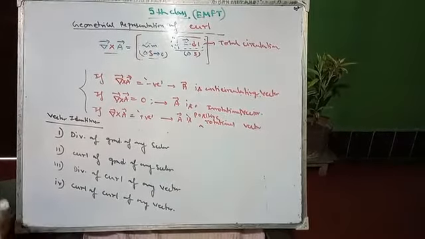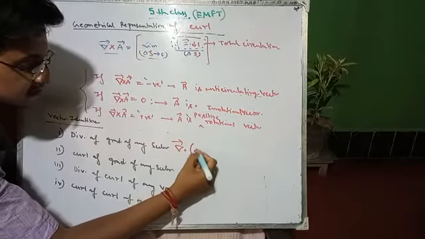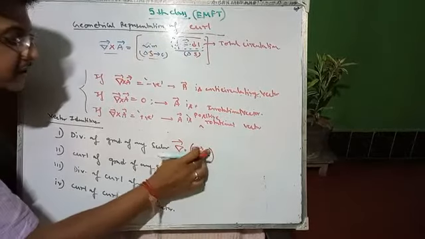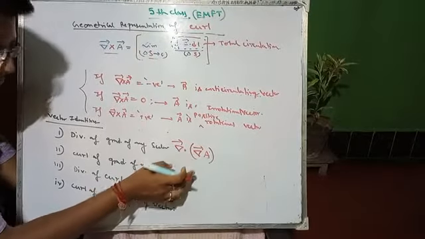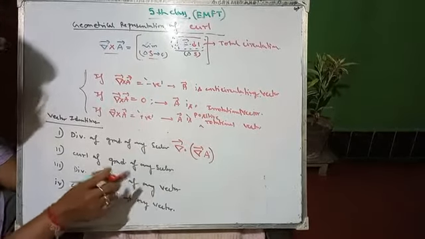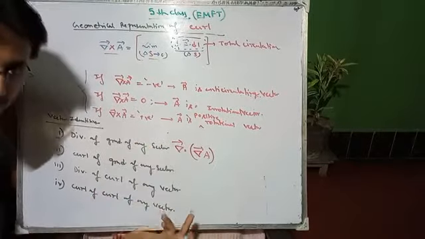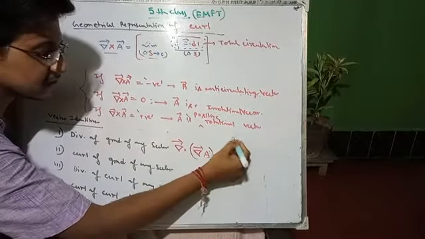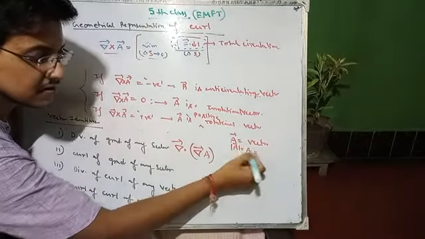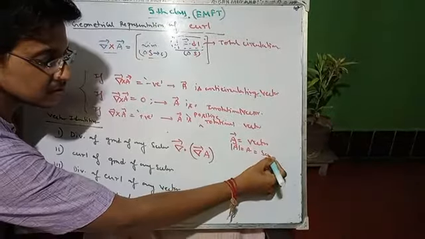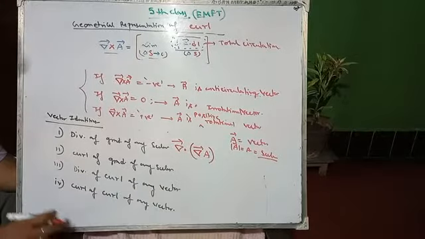Divergence of gradient means you have to find the divergence, dot product, of the gradient of, suppose, t or a; you can use whatever the first alphabet of your name is. This a is nothing but a scalar quantity. I have discussed earlier that a scalar value can be treated as the modulus of any vector. So we can assume a is a vector, and mod of a is a scalar, so you can treat a as a scalar. You have to find this one first, then curl of gradient.